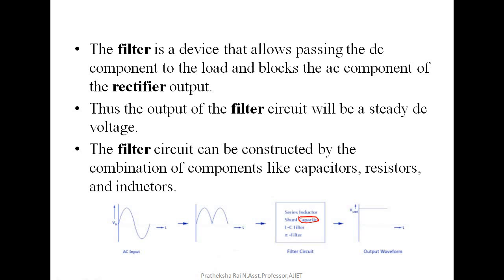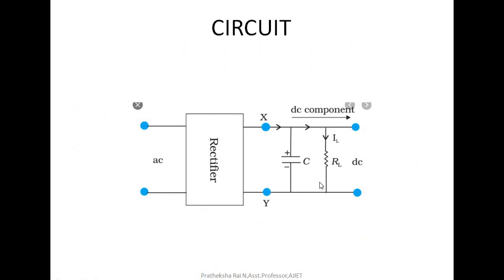All of you should know how a capacitor filter works. To understand that, we first have to understand the circuit. Here this is a rectifier circuit. Input AC is given to the rectifier circuit and we get the output. The normal circuit didn't have this portion, only a load resistor. Now what we are doing is using a shunt capacitor. We are placing a capacitor in parallel to the load resistor here, and that's how we are going to get a pure form of DC.